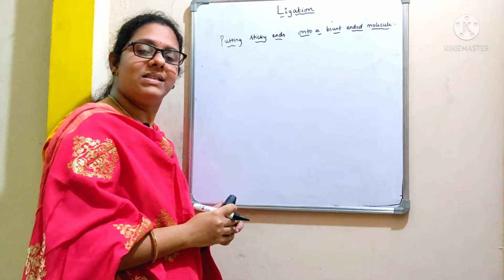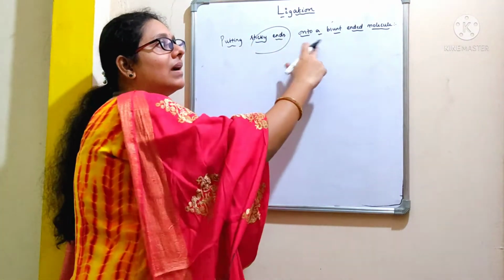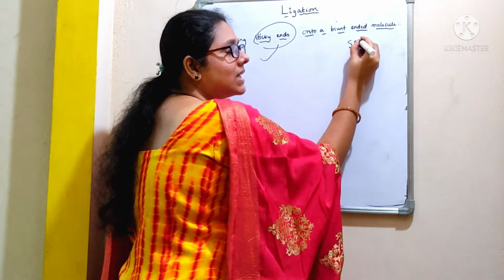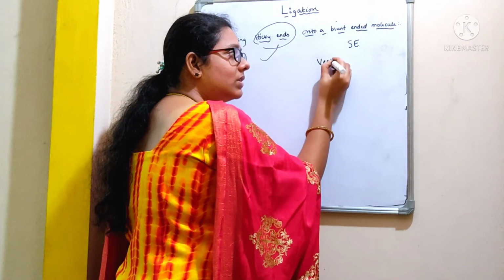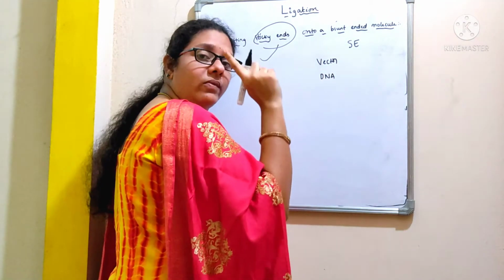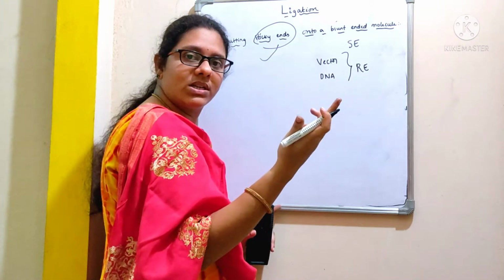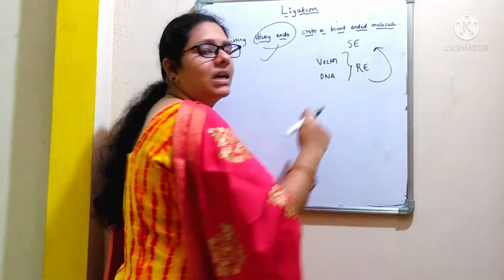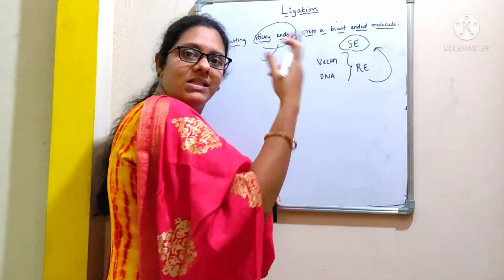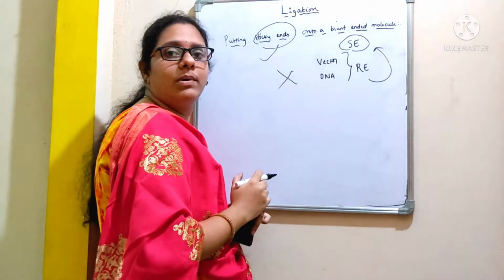Now let us discuss how we can generate a sticky end onto a blunt-ended molecule. Sometimes we can produce sticky ends by digesting both the vector and the DNA molecule that is to be cloned with the same restriction enzyme, or with different restriction enzymes that produce sticky ends. As we already discussed, these sticky ends will increase the efficiency of ligation, but that is not always possible.